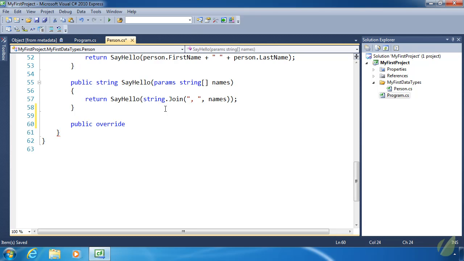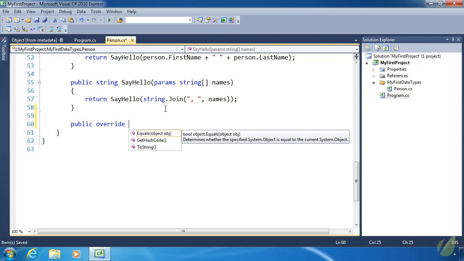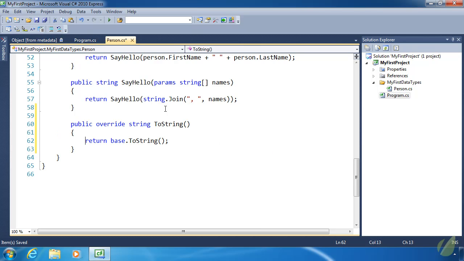So we use the keyword override, and whenever I press the space key, IntelliSense is going to give us the information as to what we can override. And it knows this because of some syntax within our object code, and we'll look at that a little later. But we have 3 options. We can override Equals, GetHashCode, or ToString. Obviously, we want to go with ToString, and so whenever I hit enter, it's going to fill out the rest of this method. Now, as it is right now, it's calling the base class's ToString method. In this case, the base is object, and that's the functionality that we want to avoid